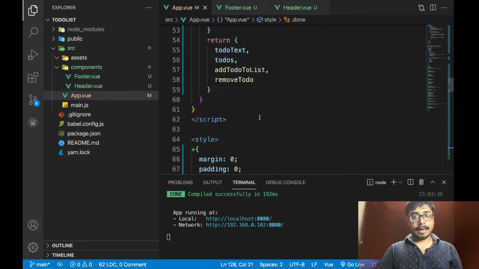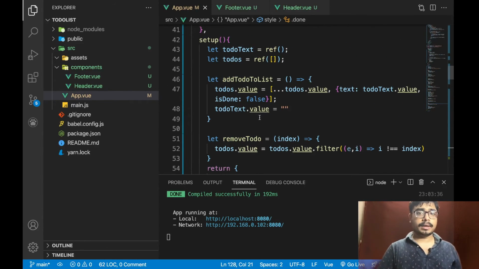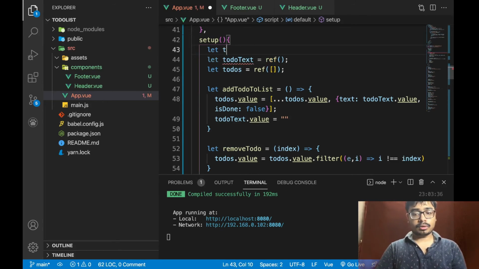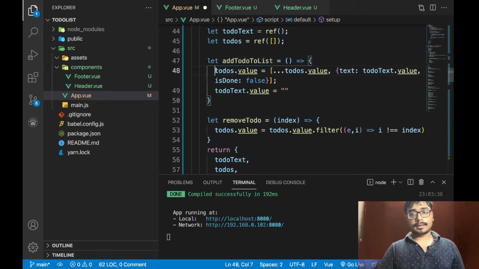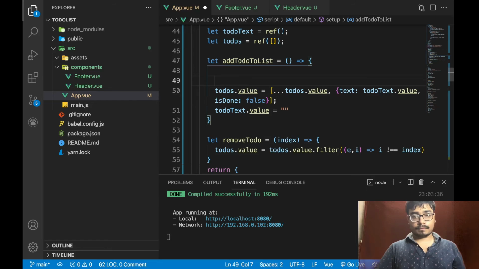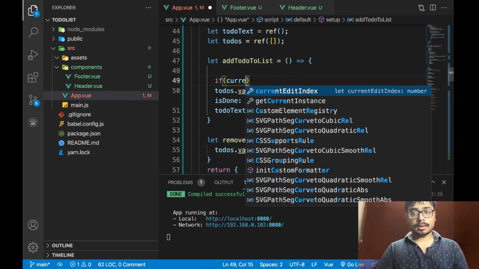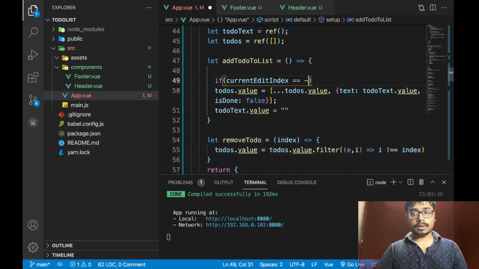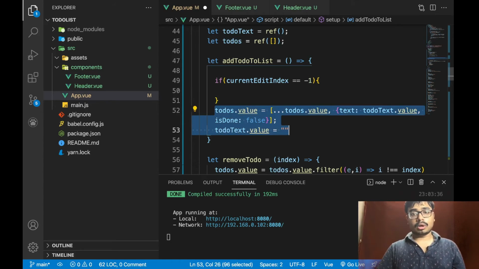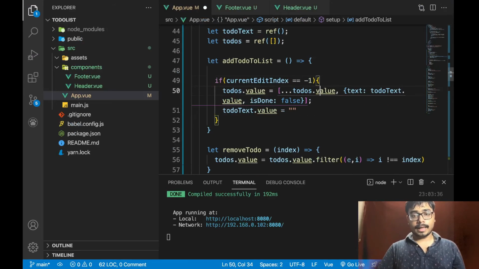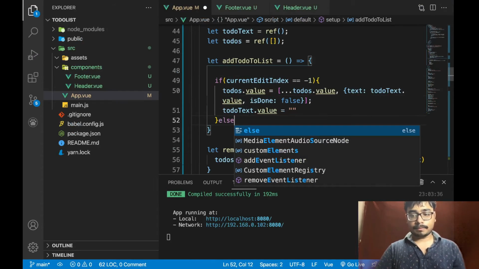So let's just say my approach will be, there are many approaches to this you can take. Let current edit index equal to -1, and if current edit index equal to -1, then to do your value will be this, or else, oh sorry, we will edit the value of that thing, else